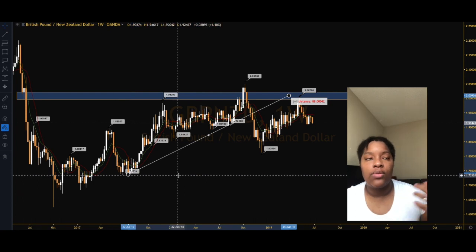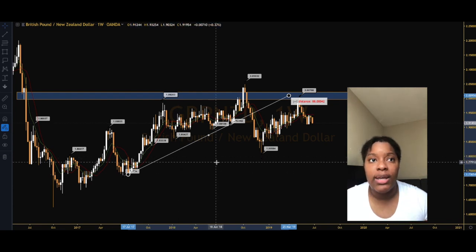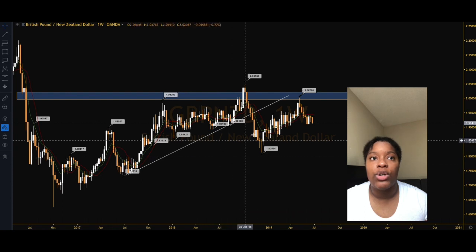Now with pound New Zealand, you have to understand how this pair moves. It's very volatile. It can consolidate a lot because of the New Zealand currency, and it's very volatile because of the pound currency. So it's not going to make for really good structures. But in certain areas, it does make for really good structure. So that's why I do like this currency pair. But you have to be careful because, like I said, it will consolidate a lot,